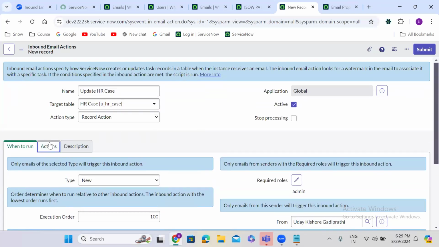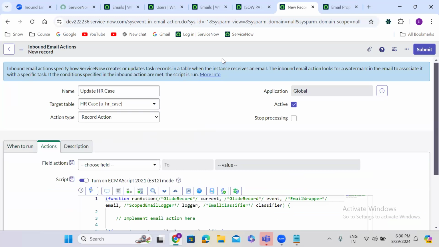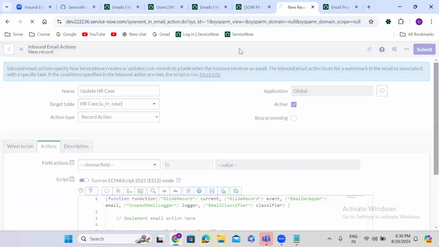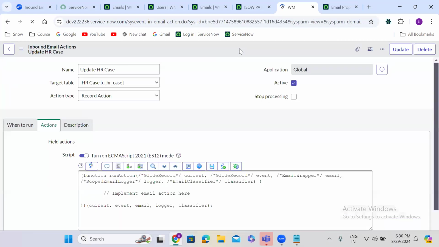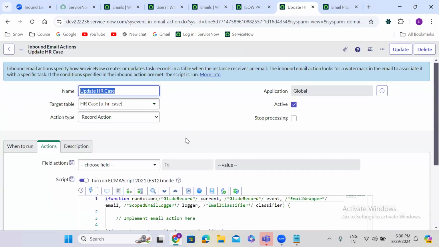Okay. So here in the inbound email action, in the HR case table,